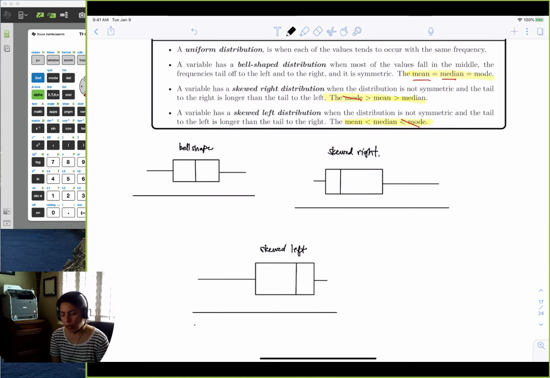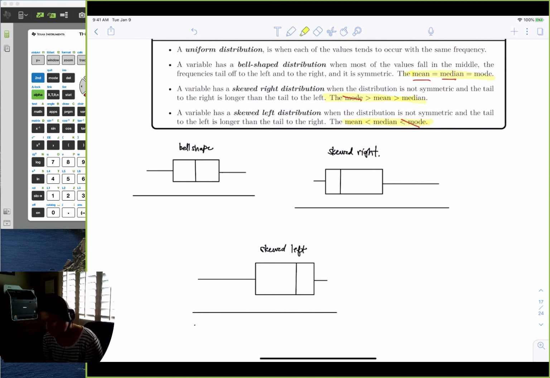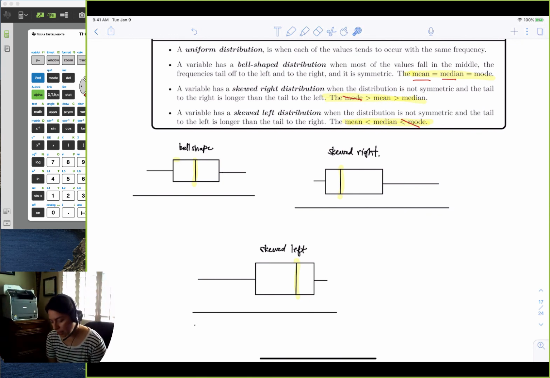And when I say you want to look at where the median lies, well, remember the median is this bar, and so if it's bell shape, it'll cut your rectangle in half, right? Here's the rectangle, cuts it right in half. That's bell shape. Skewed right means that the median is smaller than the average, so it has to be over here on the left side and a longer whisker to that maximum. Skewed left means that you have the median greater than the mean, so the highest peak would be here and then a longer whisker to the minimum. Okay,